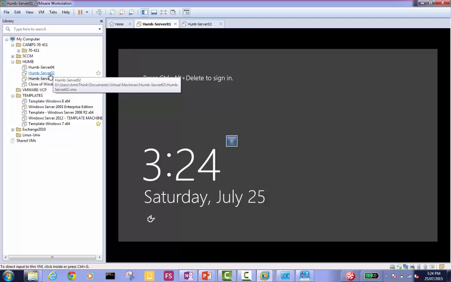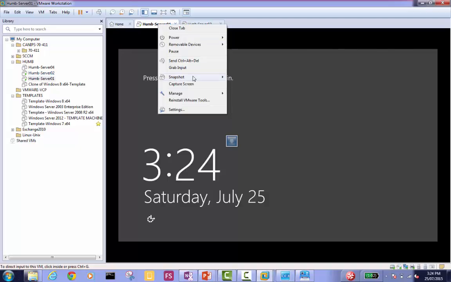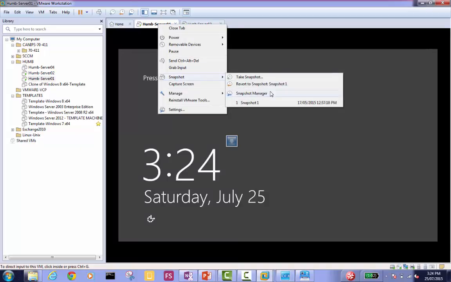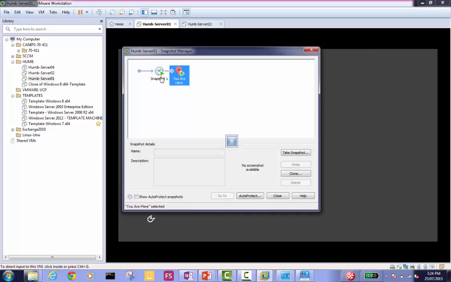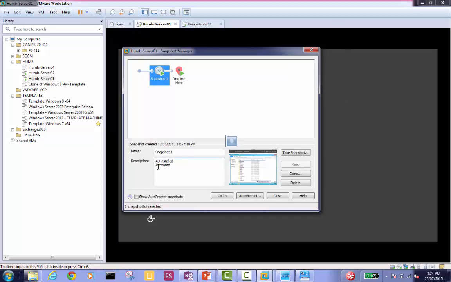So yeah, I should define it when I say that, because it's going to save you huge time. Whenever I ask you, hey, create new machines, go back to that snapshot, I was going to be saying screenshot. No, snapshot. So I have this snapshot manager here. If I want to go back, I have snapshot 1. It says AD installed and activated. Okay, I want a domain controller that only has Active Directory installed and DNS installed. That's all.